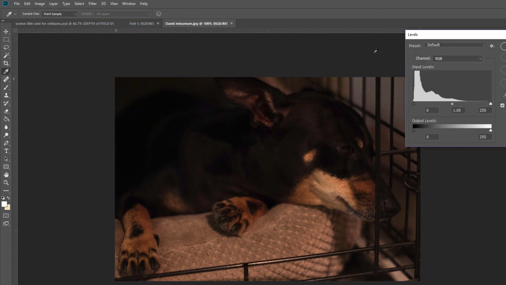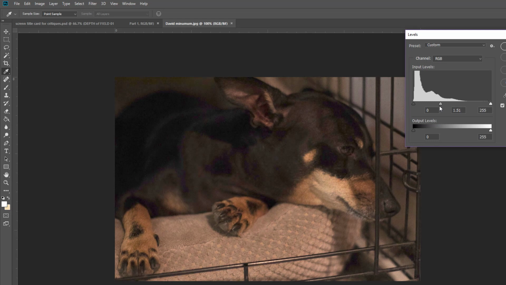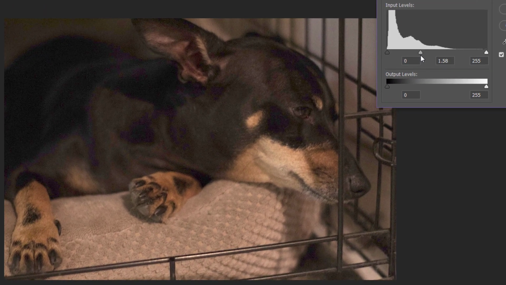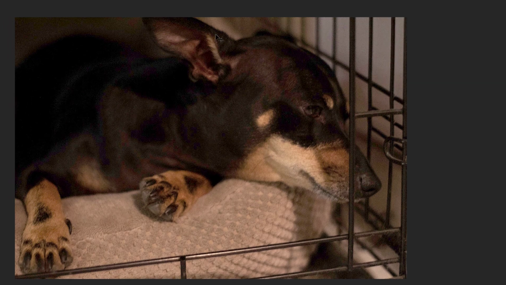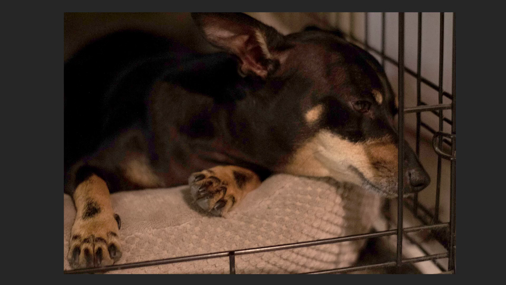Let's go over and grab a levels command. Oh yeah, his eyes are open. Look at that. And there, by the way, is a much better exposure. If we just did a simple levels correction, we could make this a little more interesting. And then the shot really is